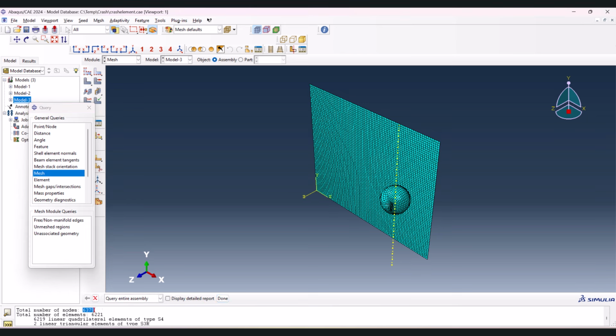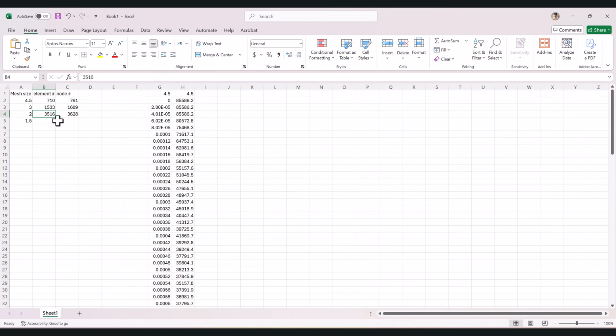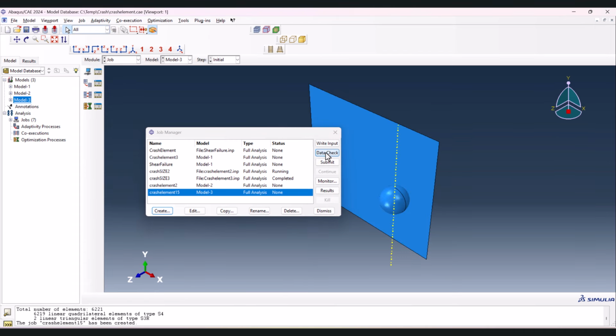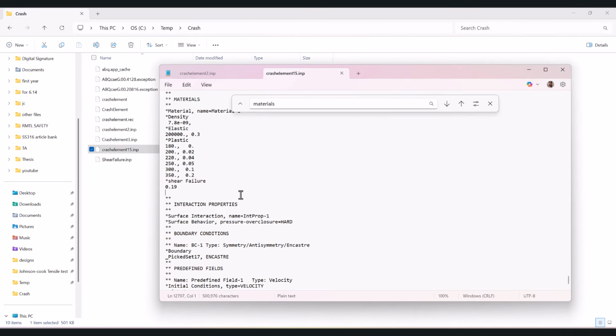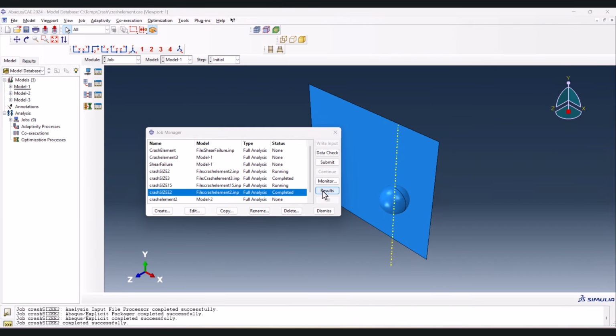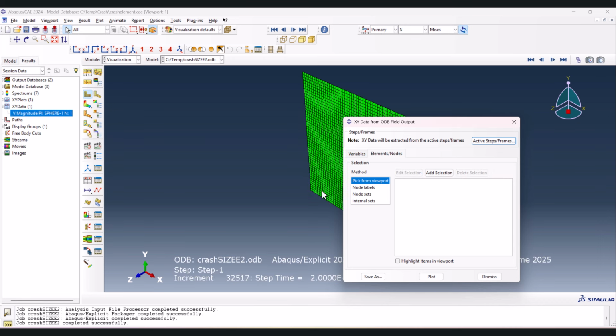These are the numbers of elements and nodes here. Now we have everything here. We go back here to the job. Now size 2 is completed. Let's go to the results here